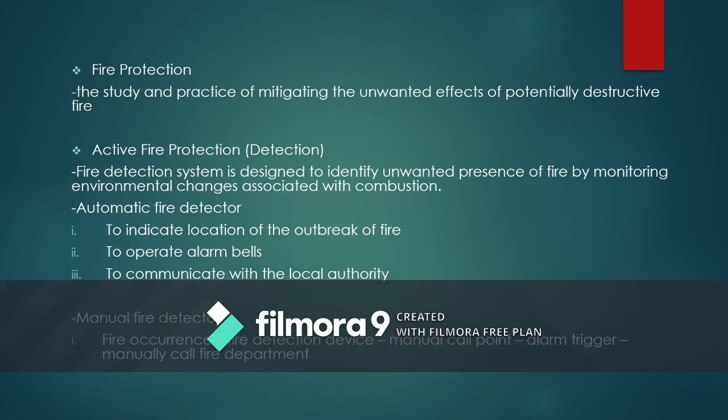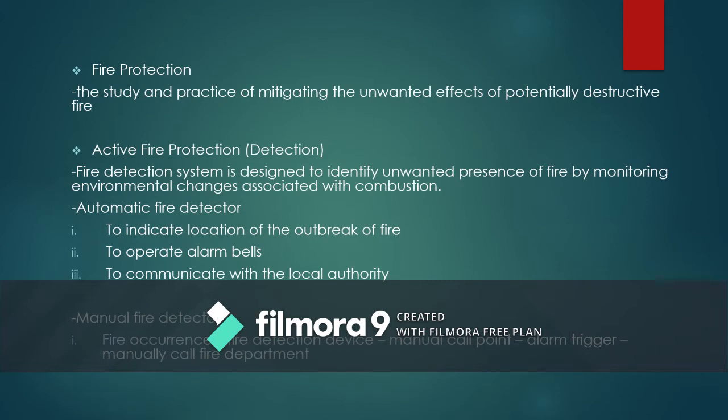Active fire protection has two types. The first one is automatic fire detector, to indicate the location of the outbreak of fire, to operate alarm bells, to communicate with the local authority. For manual fire detector,